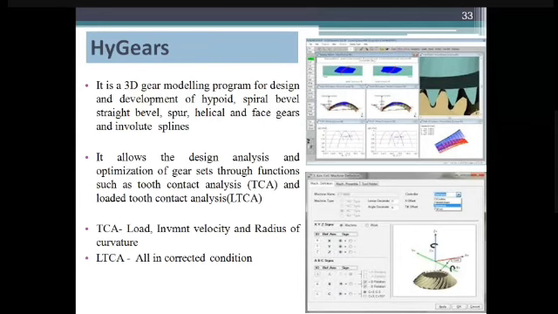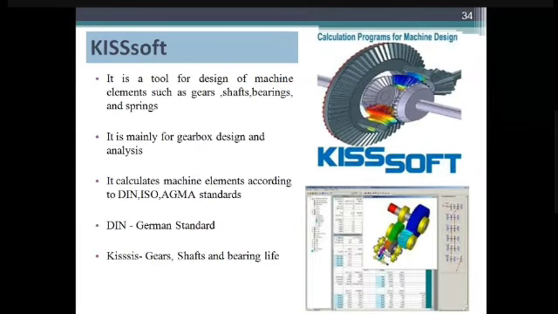Second one, KISSsoft. It is a tool for design of machine elements such as gears, shafts, bearings, and springs. It's mainly for gearbox design and analysis. It also calculates machine elements according to standards, German standard DIN, ISO, and the American Gear Manufacturers Association, and assembly. So what are the parameters to be verified?